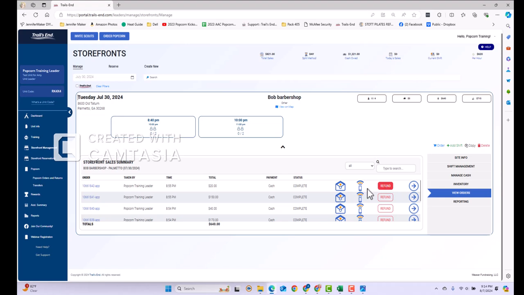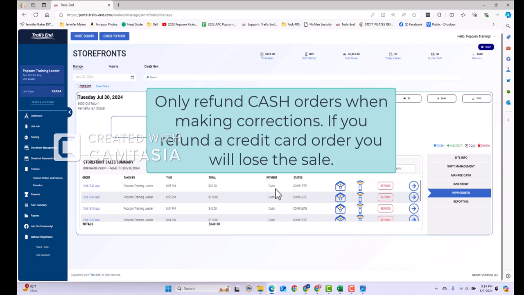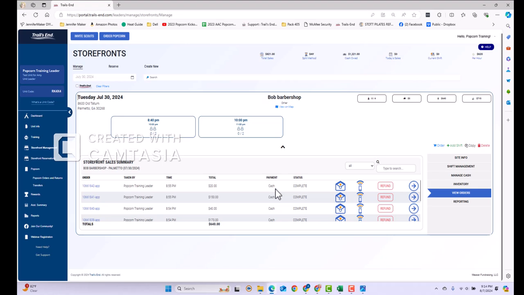If the payment method for this particular order was credit card, I would continue down the list until I find one that contains popping corn and is cash. Keep in mind, you do not have to have the only item on the order be popping corn, but you will need to adjust for both items if you do the refund, because it refunds the entire order. If your adults use the convert to cash at the storefront, you will not be able to make these adjustments to your cash orders. Once they have used that cash to credit, those orders will then look like they are credit card transactions. For my purposes, I'm going to go ahead and click Refund,